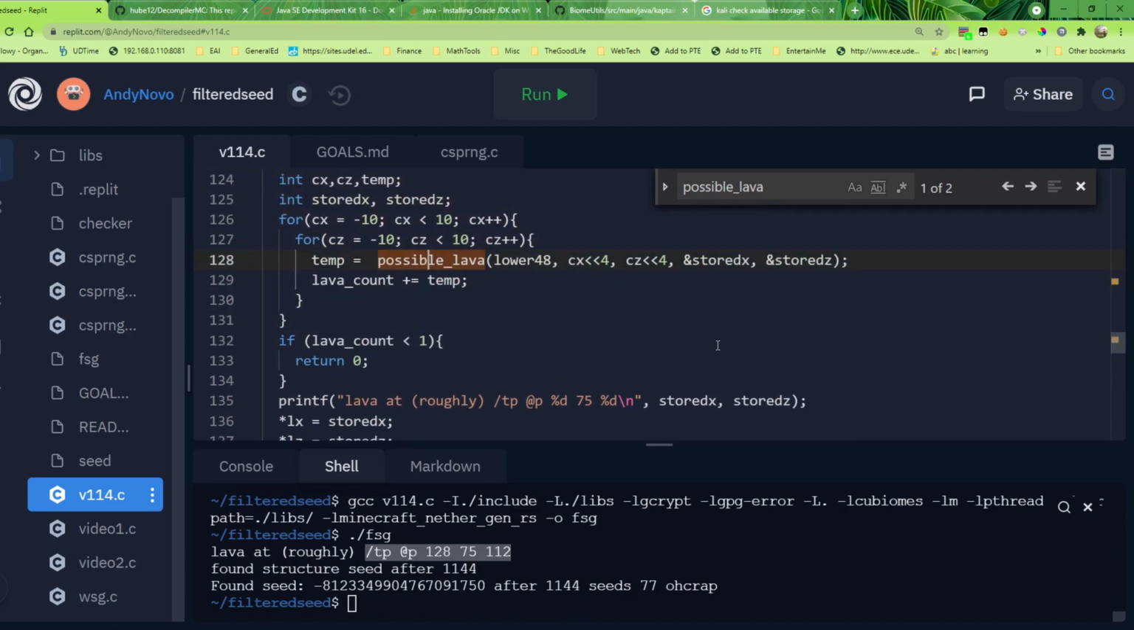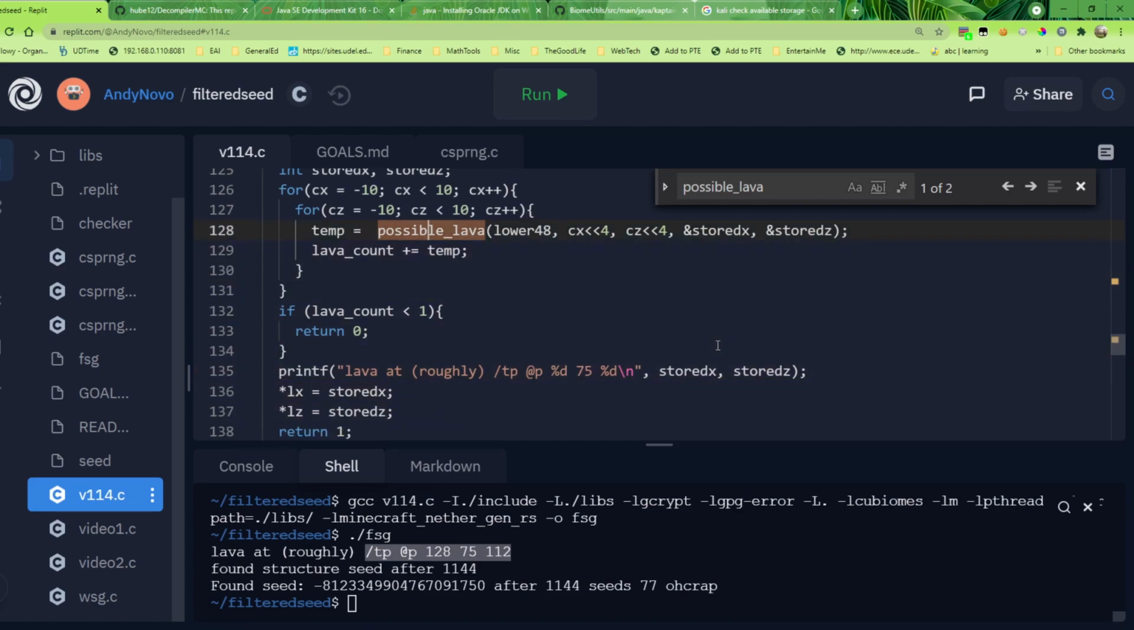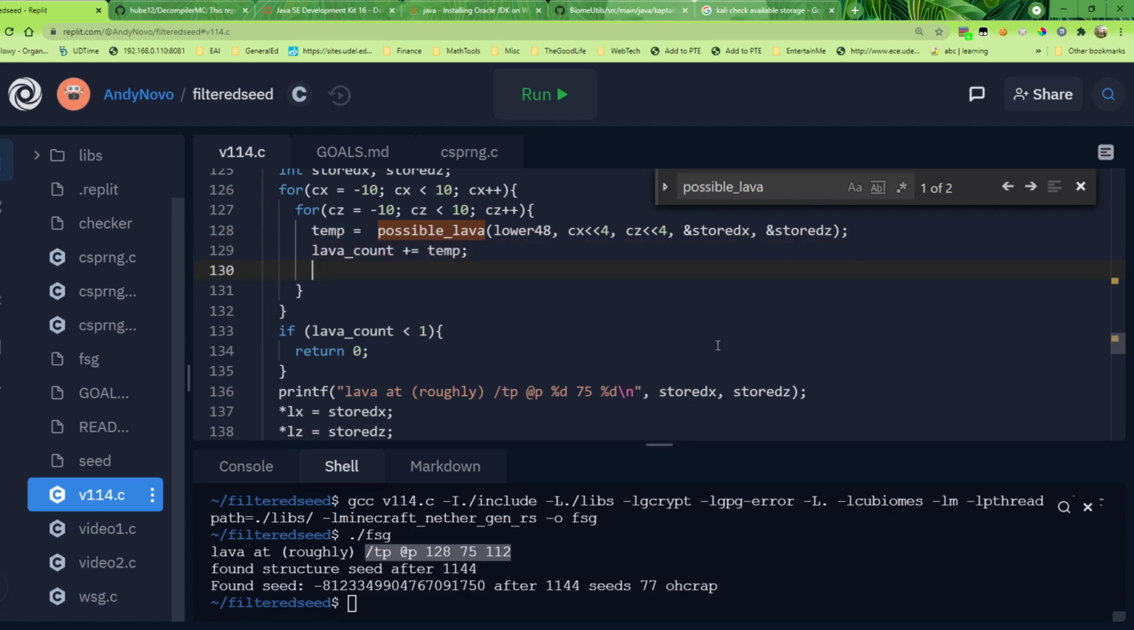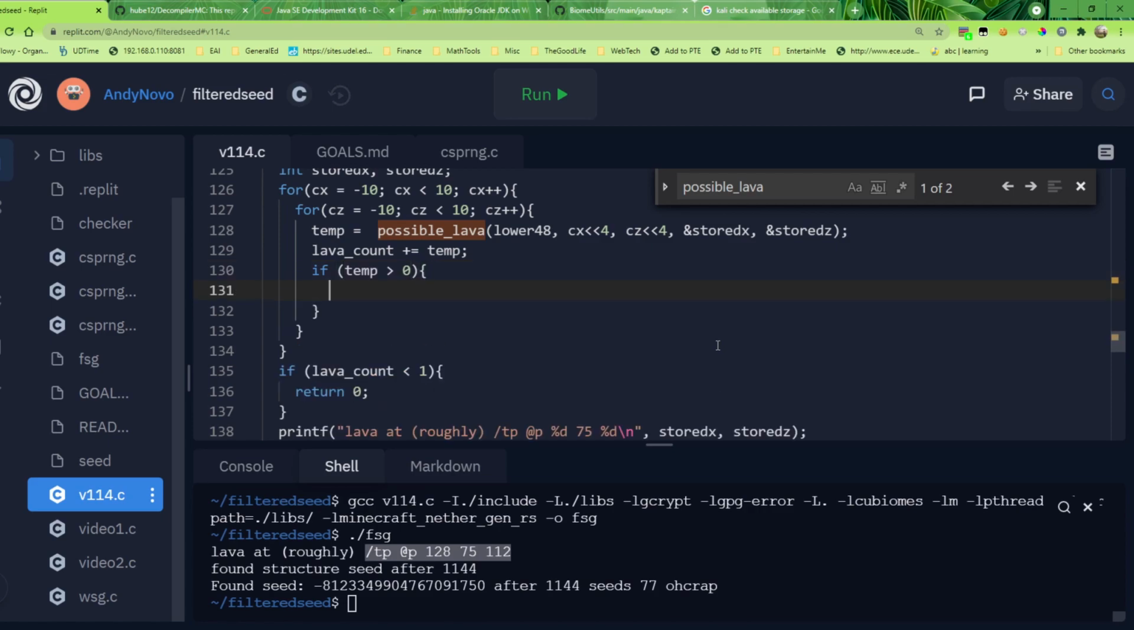So in my ideal code, because I know this is somewhat probabilistic, I'd like to maybe check for 3 or 4 possible lava lakes inside of the spawn region, and one of them will probably be a lava lake at that point. That's smart. But if I'm going to do it where it's just one, I'd say if temp greater than 0, then